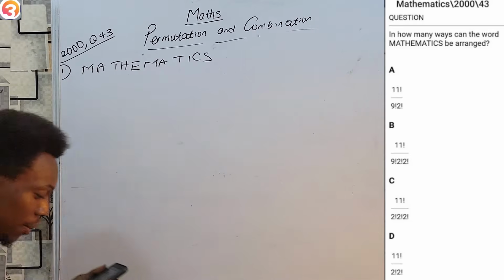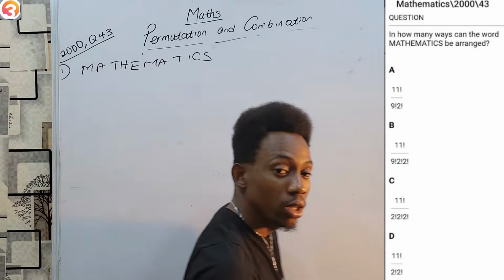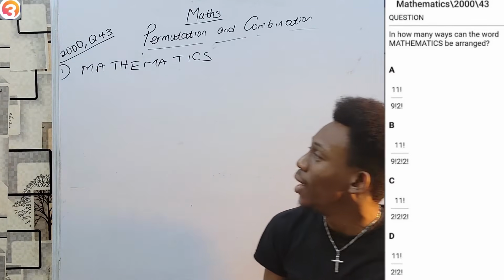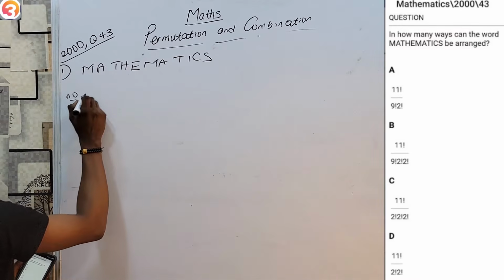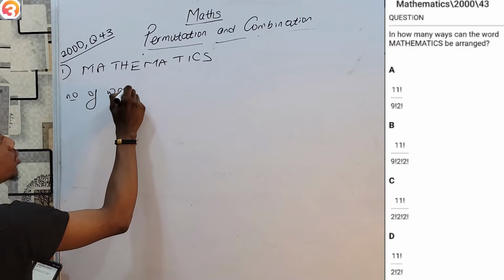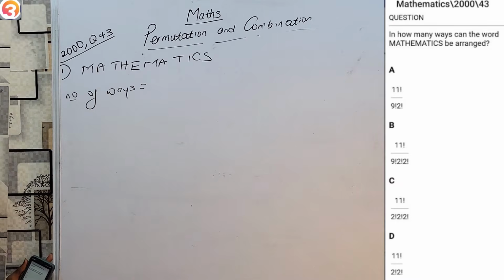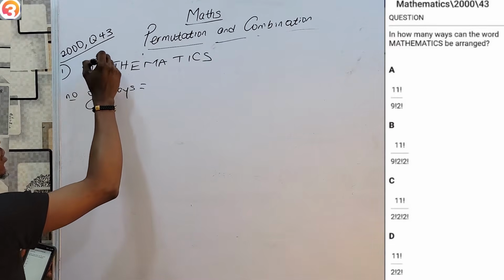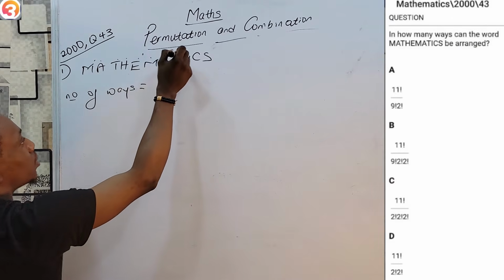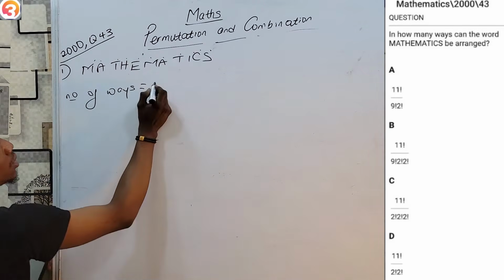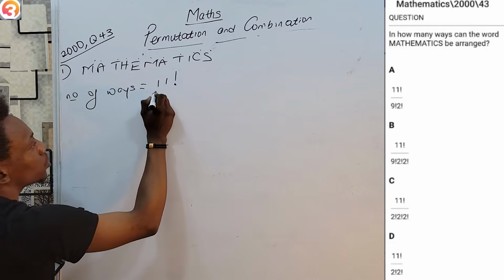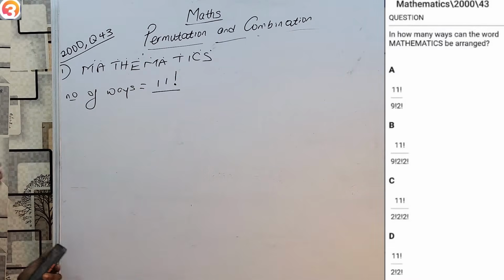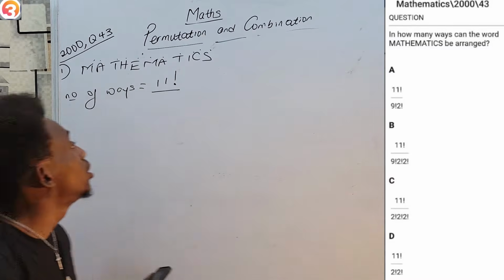Now, if I ever ask in how many ways can something like this be arranged, the first step is always count the number of things you are arranging. So number of ways becomes, how many things am I arranging? Well, 1, 2, 3, 4, 5, 6, 7, 8, 9, 10, 11. That means 11 of them. That's 11 factorial all over what else? Well then,